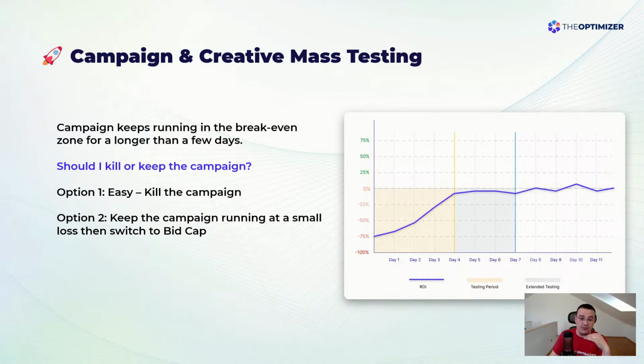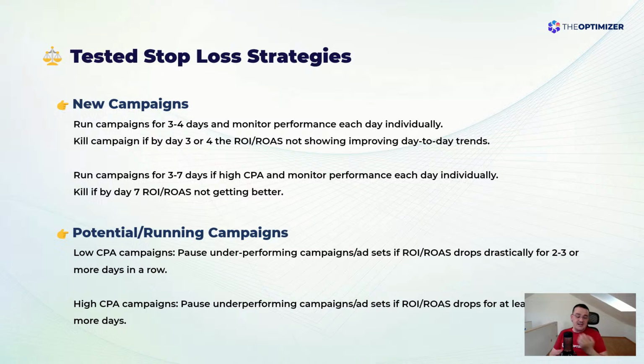And once your campaign is converting on bid cap, maybe it doesn't scale as much as you want. However, you're able to recover whatever you spent during testing it. Then let's move to the stop loss strategies, because we talked about, okay, let's launch this huge number of campaigns, but whatever we're launching, whatever we're testing equals money. So in this situation, let's move the focus on how do we prevent and how do we avoid losing